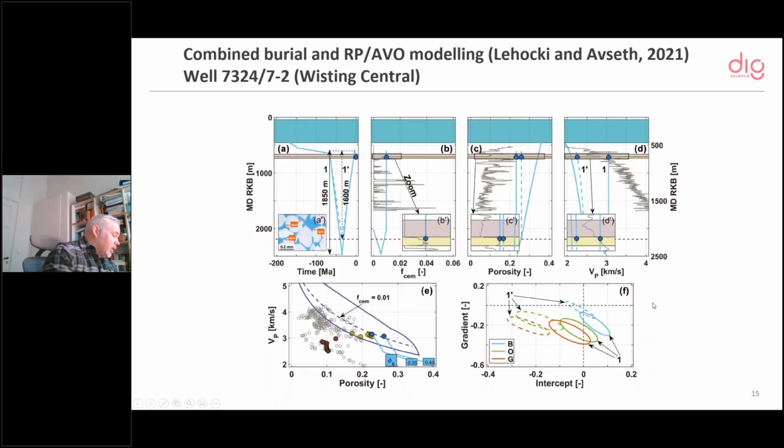Okay, here is an example from the Wisting Central well in the Hoop area, where we see that there has been, this was actually published in a recent publication, and it illustrates this approach that I just showed you. You have the burial curve here in the upper left, and you have the 70 degrees down here, and it turns out that the sandstones in this Wisting field have just barely dipped into the frying pan, and it's just a few percent cement in these sandstones before they uplifted. Almost like 1900 meters. And then you see how you can explain the observed velocity and porosities by doing that exercise as well, and the cross plots here.